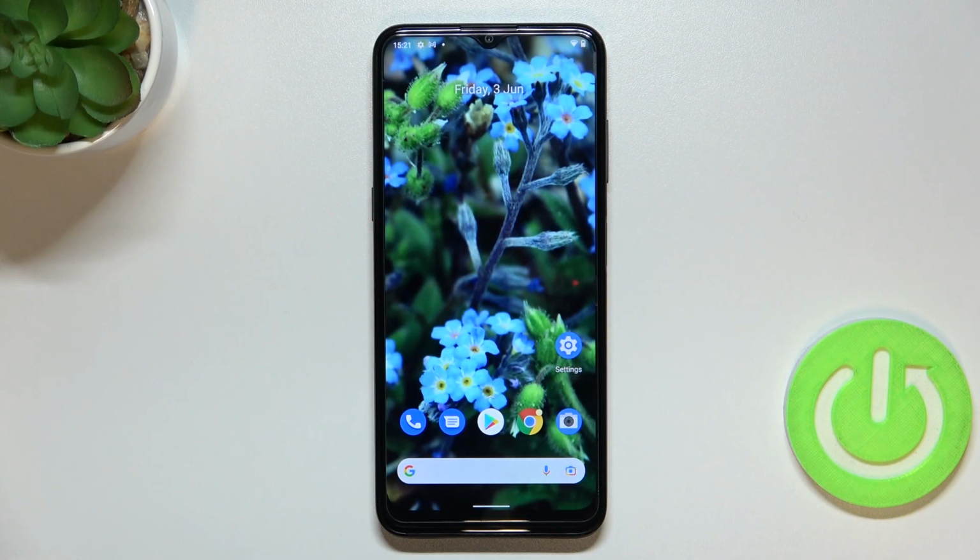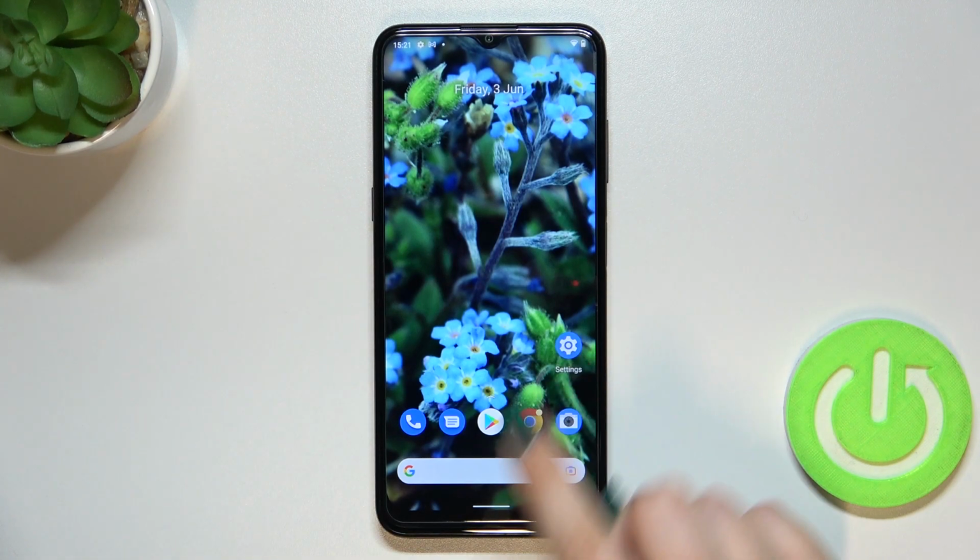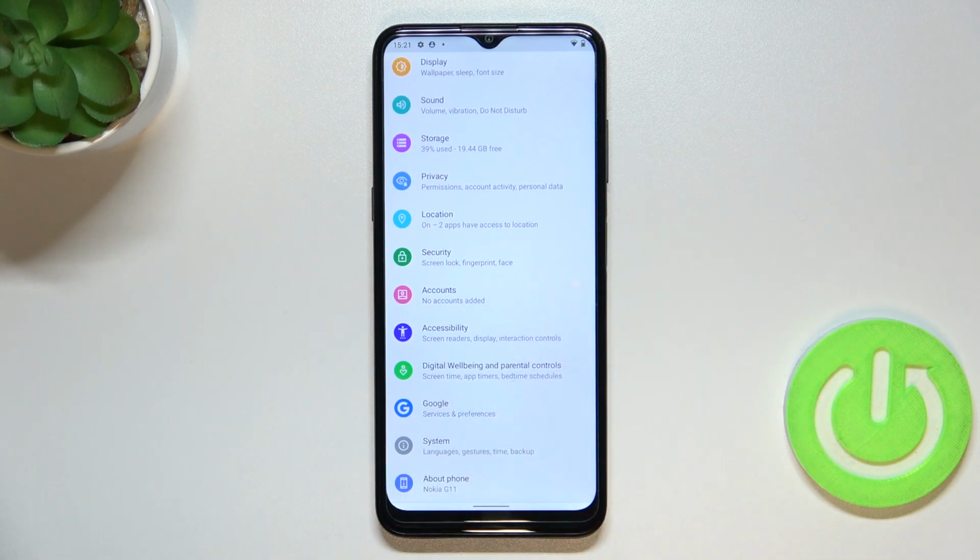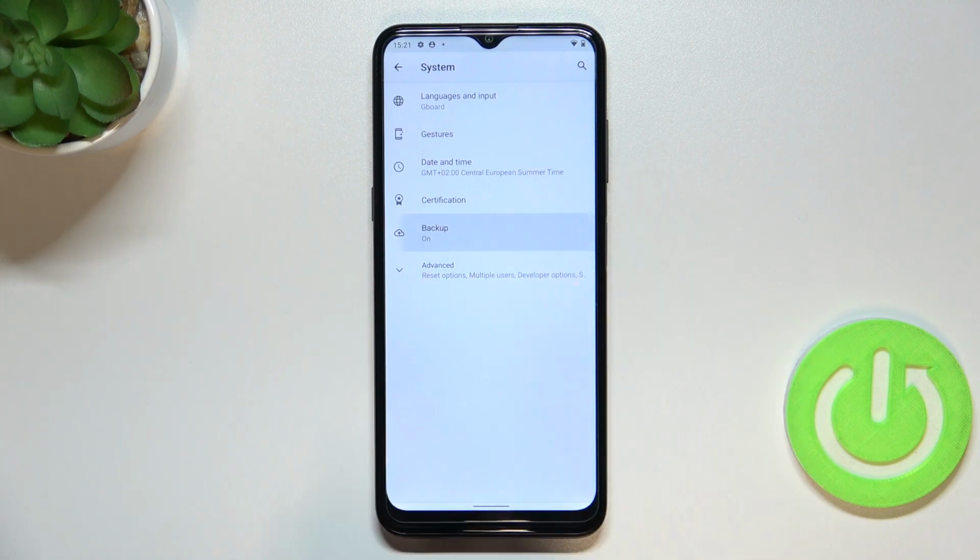Hi everyone, in front of me I've got Nokia G11 and let me share with you how to enable Google Backup on this device. So first of all, let's enter the settings, and here we have to scroll down to the very bottom to find the system. Now let's tap on Backup option